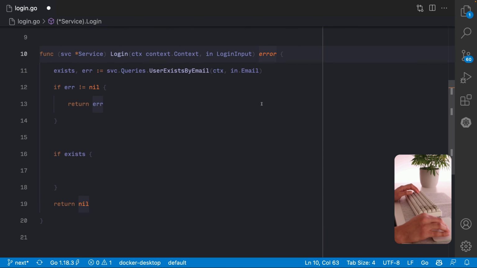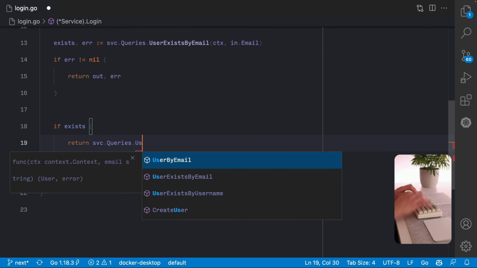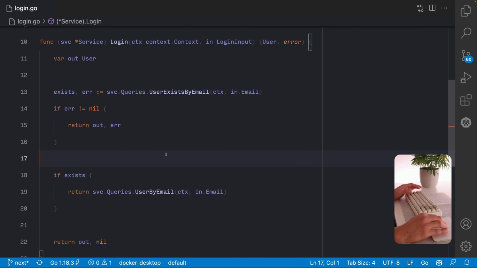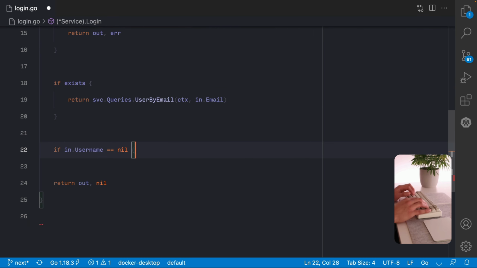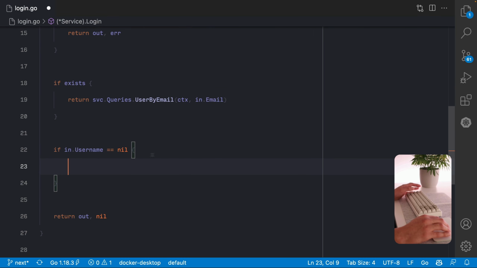So here in the login function, we need to return the user. So this is the first part. If the user exists with this email, we return it back here. Now, we need to create a user otherwise, so we need the username. So if the username is nil, we are gonna return an error.